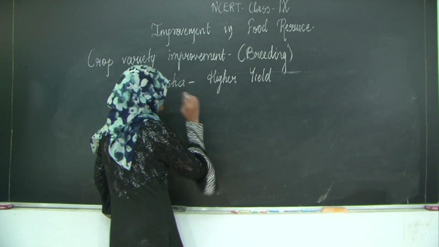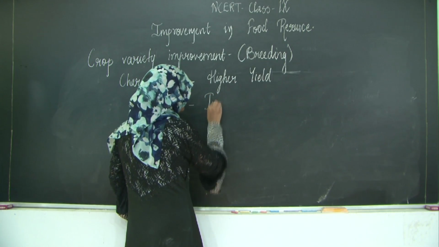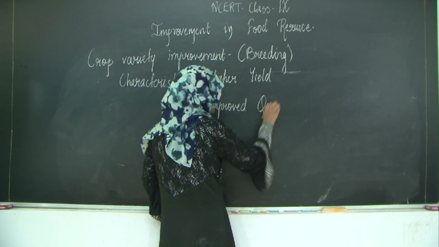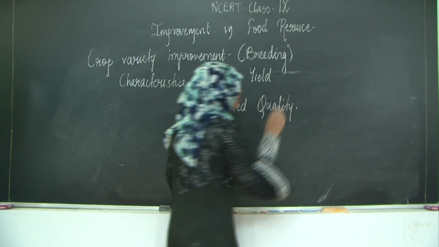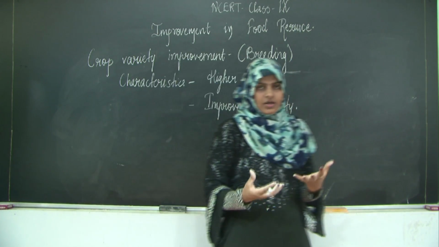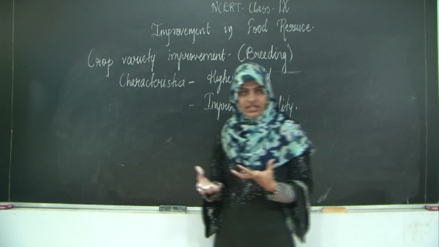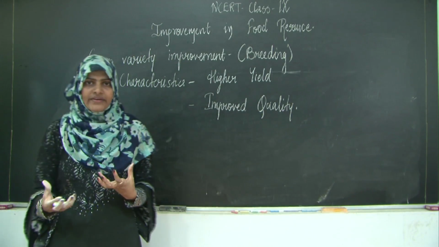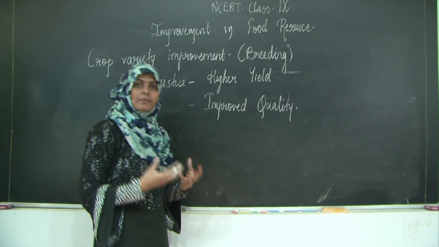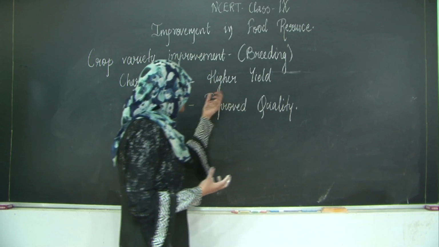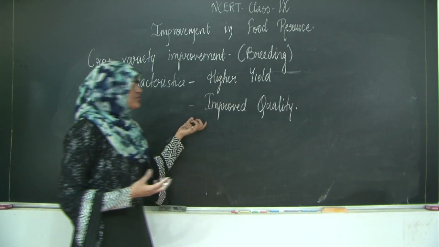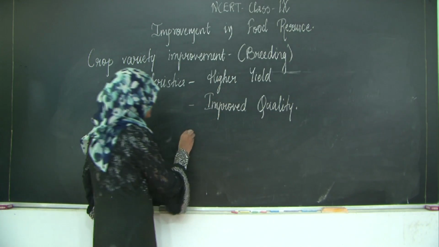The second one is improved quality. Okay, improved quality of seed. Like if I say that the seed is thicker, it is heavier, or it consists of more protein, it consists of more carbohydrate, then the quality of the seed will improve. Why? Because the nutrient content of that particular seed is more. So the second characteristic for which the breeding is done is improved quality. The next one